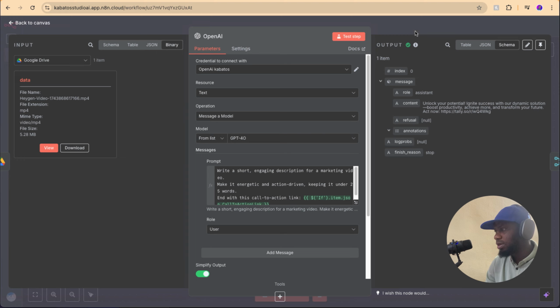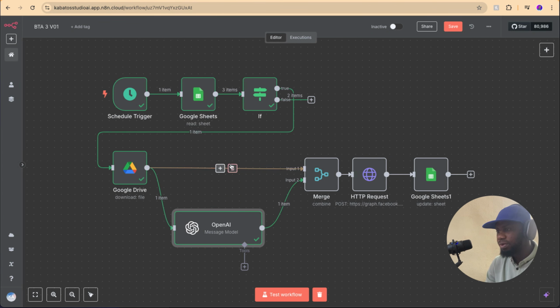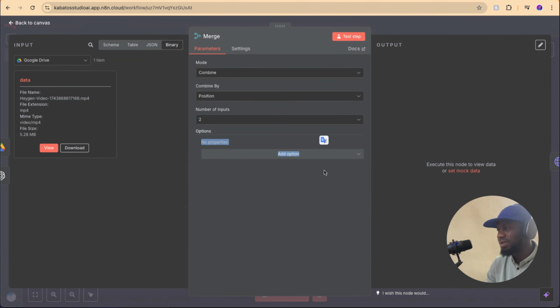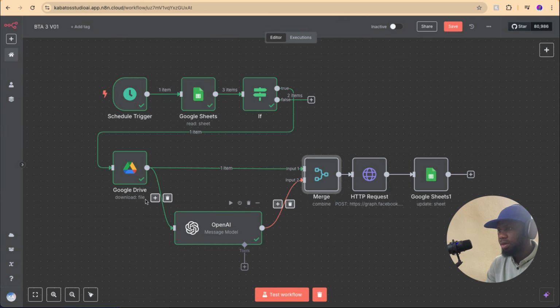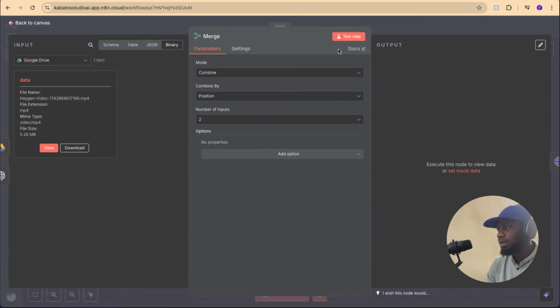This is the content in the output, the content from the binary file and the marketing description here. We must merge them here. So you add a merge node and you choose combine by position, and you put 2 here because you have 2 inputs from Google Drive and 1 from OpenAI. After that, you can click on test it,